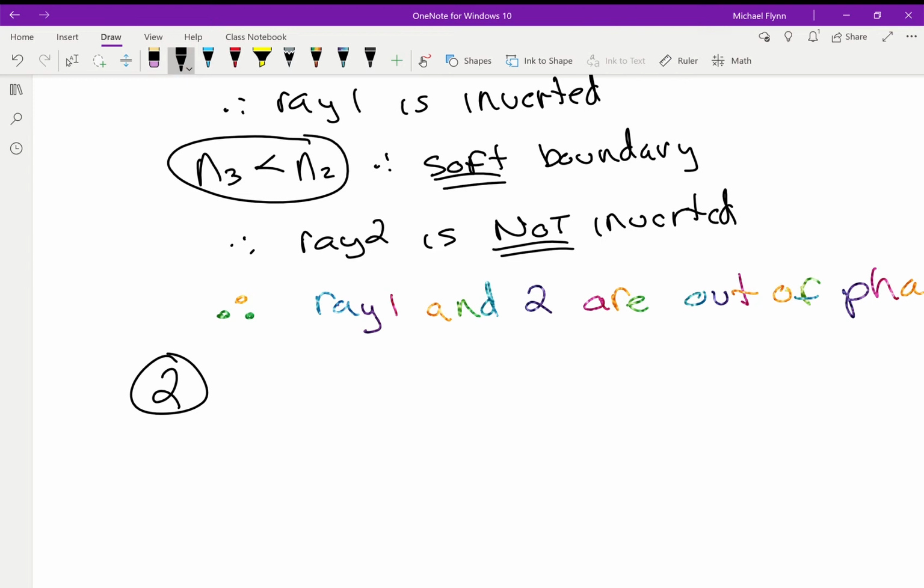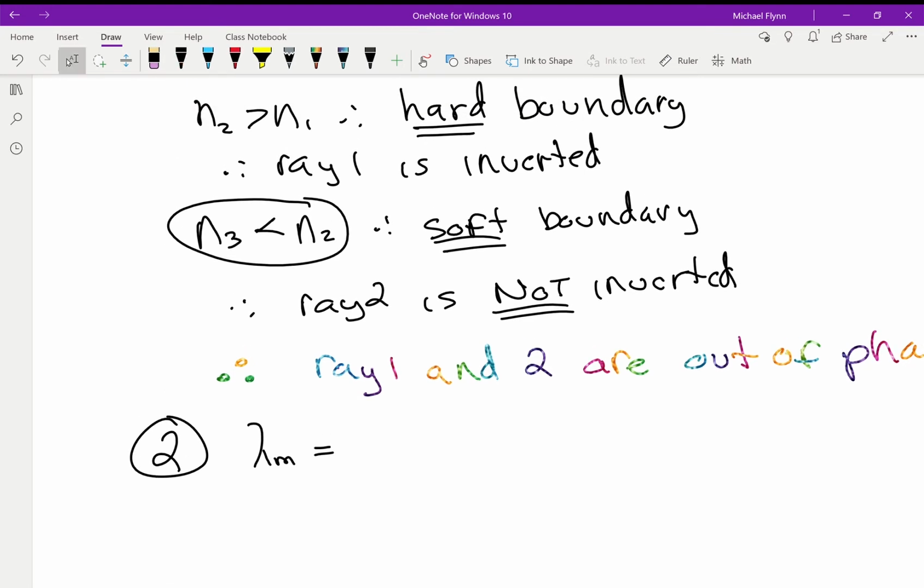I'm going to make 3 steps. I'm going to break it down just slightly more to make it easier for you. We're going to determine the wavelength in the medium. Okay, now this was what I showed you earlier with refraction. The wavelength in the medium, and the medium here is the gas. Okay, gasoline. So the wavelength in the medium, we already know, is going to equal the wavelength in the